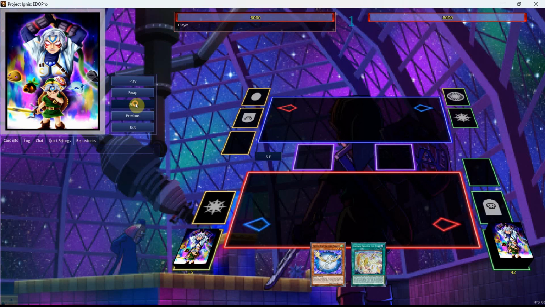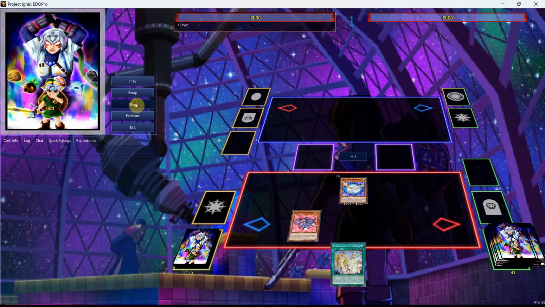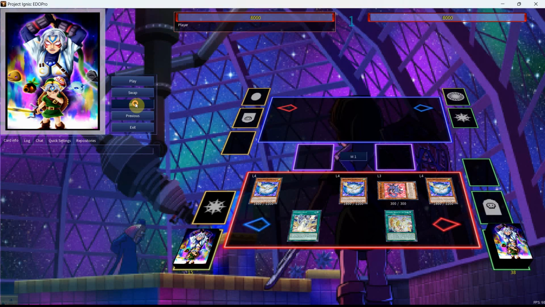But we're going to start here by normal summoning the Pegasus, get ourselves the Carbuncle onto the spell and trap zone, activate the bridge, and from here we can use the bridge to pop the Carbuncle, get ourselves the Golden Rule, and now we'll activate the Golden Rule to get back the Carbuncle along with putting the 2 Pegasus on board, then use the Carbuncle to bring them out, and now we can trigger our 2 Pegasus effects